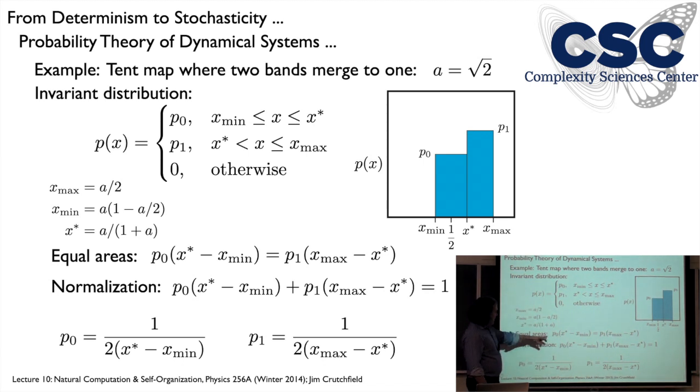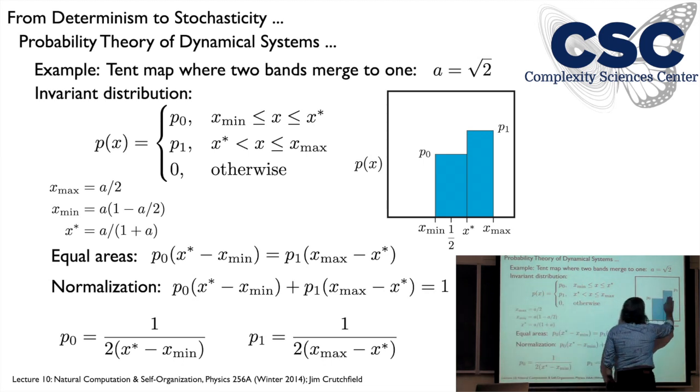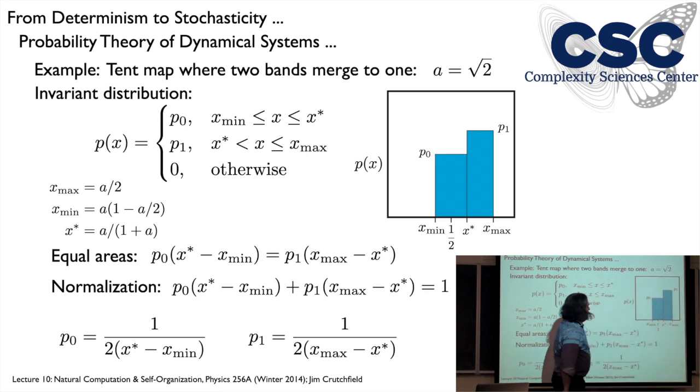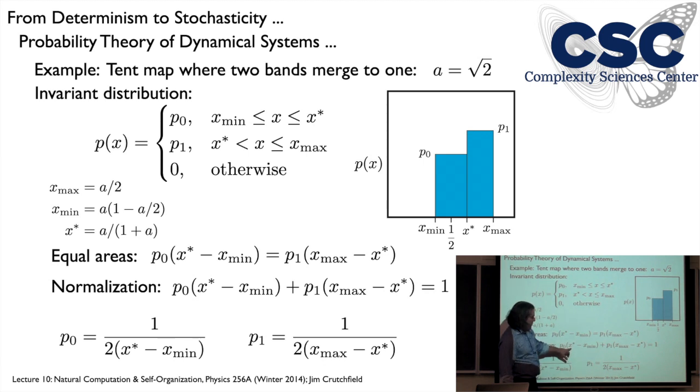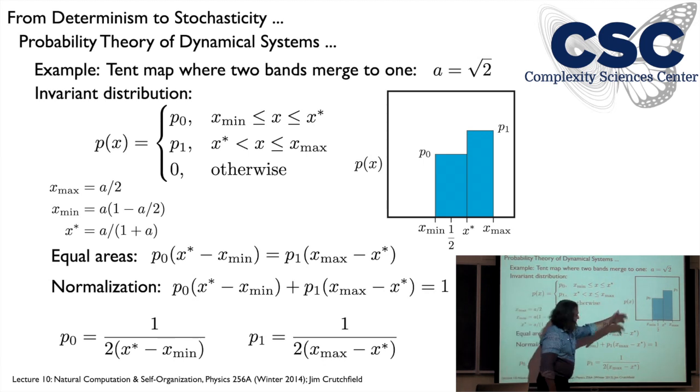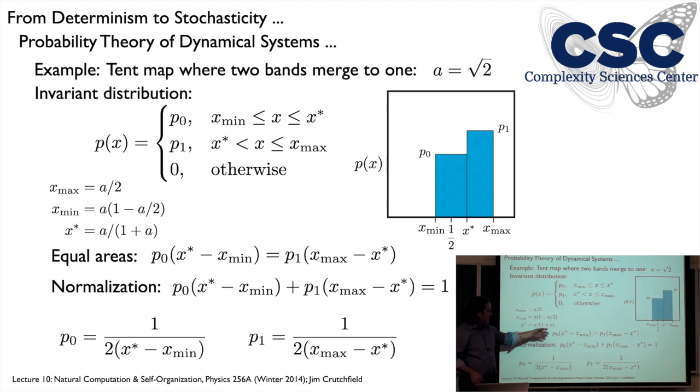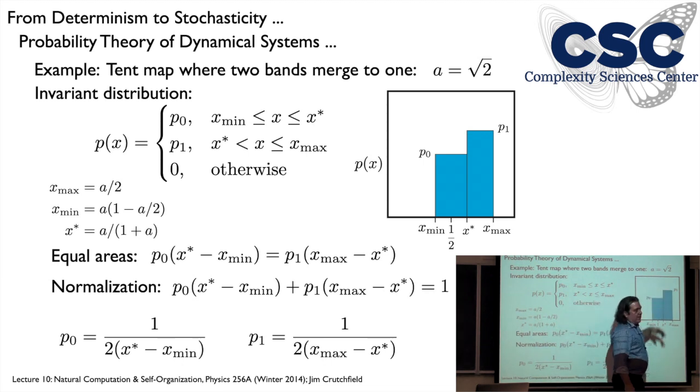And then we can just solve. We want to find these 2 numbers, P0 and P1. So conservation of probability says that all of this stuff has to map into here, and all of this has to map into here on every iterate. Sometimes we call that noisy period 2. And then the other condition we have is normalization, that the sum of those together is 1. And you can just solve these 2 equations for P0 and P1. So we get an exact calculation of what those two values should be.